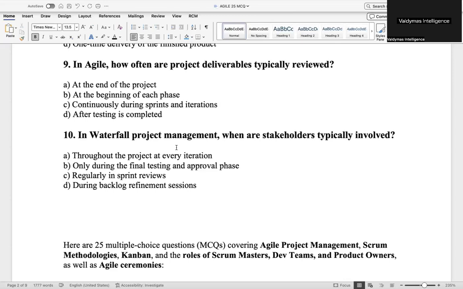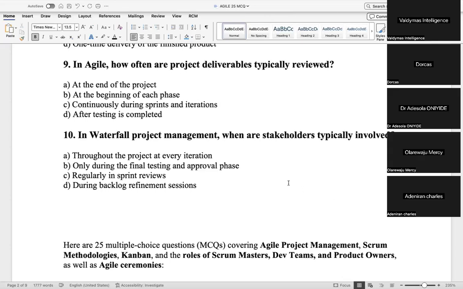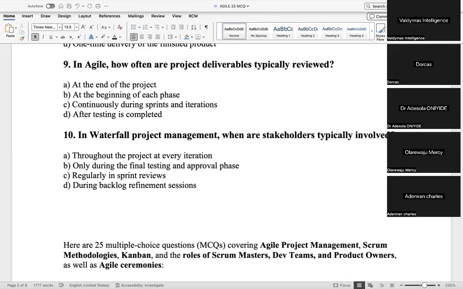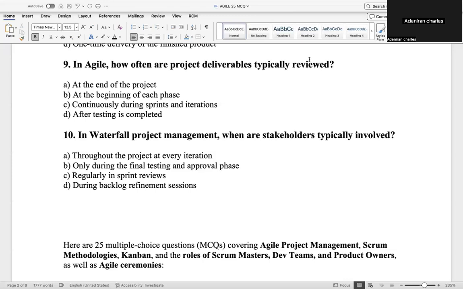Number 10, in waterfall project management, when are stakeholders typically involved? In waterfall project management, when are stakeholders typically involved? So my answer would be only during the final testing and approval phase, which is B. Yes, my answer would be B, and the reason for that is